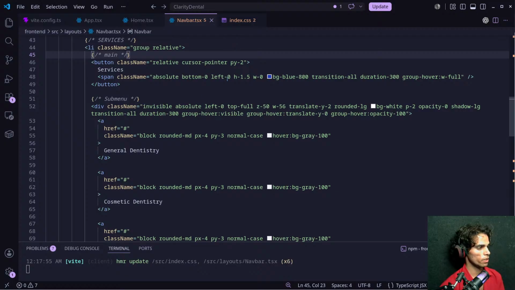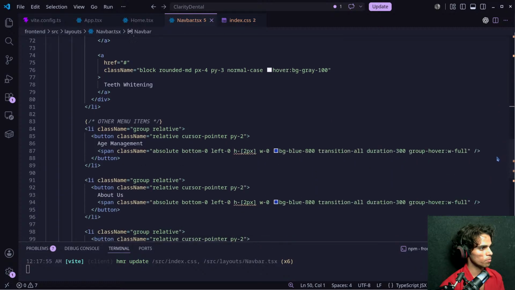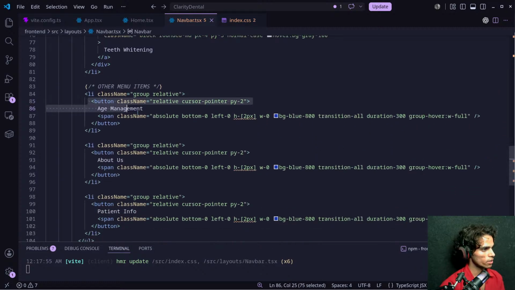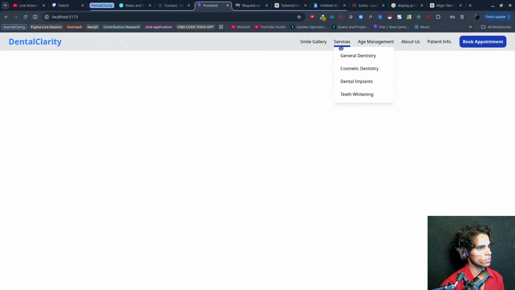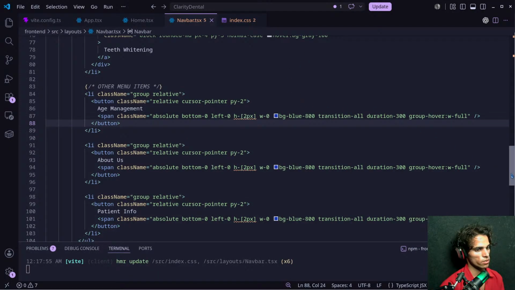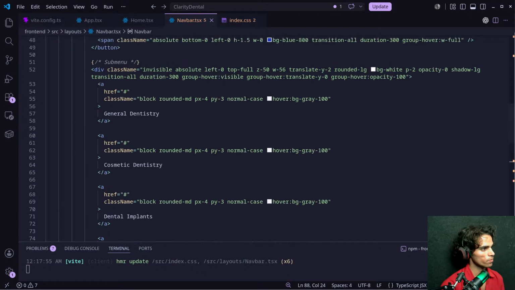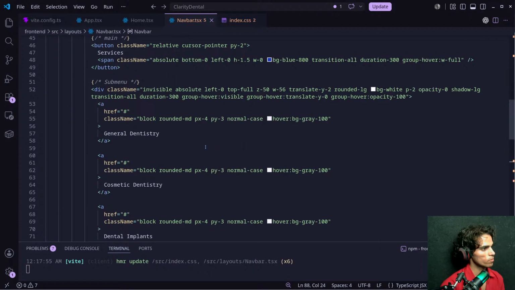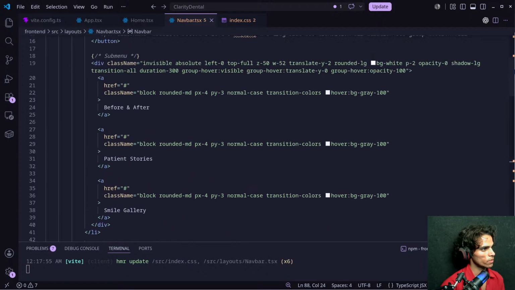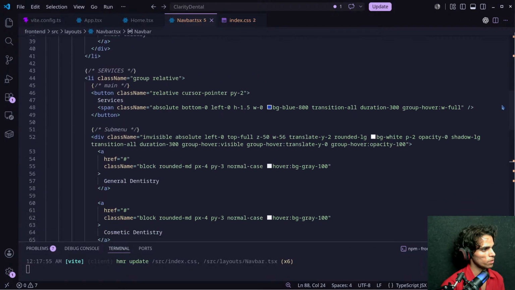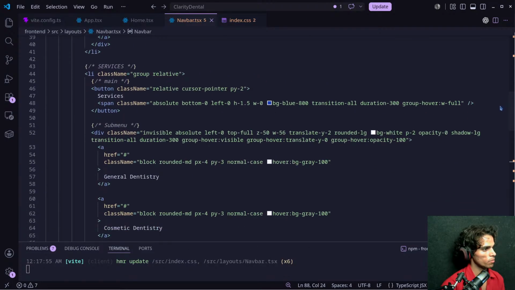This is the sub menu, other menu item. This is our main. For services, main and sub menu.